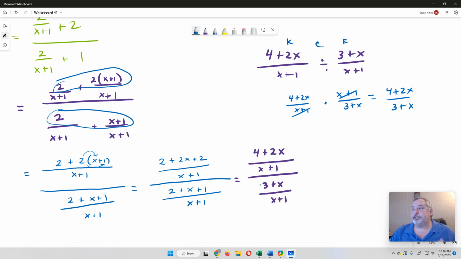So how did I know just to go to that step? If the denominators of both fractions are the same, they are going to cancel each other out because of this long step. And so that's going to simplify to 4 plus 2x, or 2x plus 4, over 3 plus x, or x plus 3. This depends on how you want to write it and how the answer looks in a multiple choice answer. I hope this helps you simplify a problem like this. If not, please let me know. I'll try to find you some additional resources for a very difficult